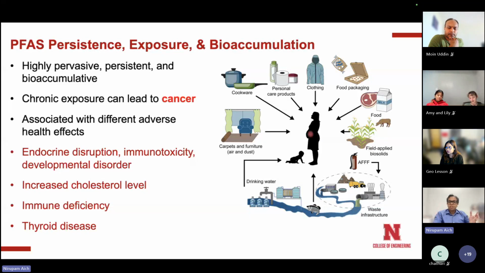But then what happens from all these different products, through water, food, then direct contact, we get them inside our body. Once they go inside our body, if you think about PFAS structures based on carbon and fluorine, they can be very, very hydrophobic. So when they go inside our body through water, they don't want to stay in the water. They can get inside our body and start to bind with our organs and tissues because our body is made of carbon. So they really like carbon, and they start building up over time. Okay, so that's the first thing. That's accumulation. Bioaccumulation is happening.